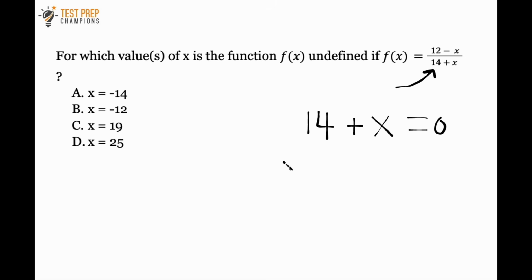So since I've got positive 14, I want to subtract 14. The 14s will cancel out. Whatever I do to one side, I also have to do it to the other side as well. So when all is said and done, we see that x equals negative 14, and the correct answer here is